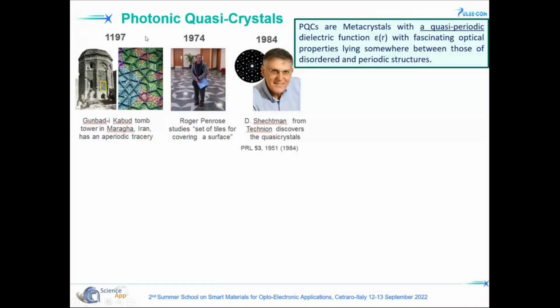Another category of very interesting photonic materials are photonic quasicrystals. Now, photonic quasicrystals are characterized by being materials with a quasi-periodic dielectric function. They exhibit very fascinating optical properties, and their properties are in the middle between the properties of disordered materials and of those of periodic structures. As a matter of fact, there was first evidence of a photonic quasicrystal structure. You see in this tomb tower in Iran, and well, you can see a sort of aperiodic tracery, which is